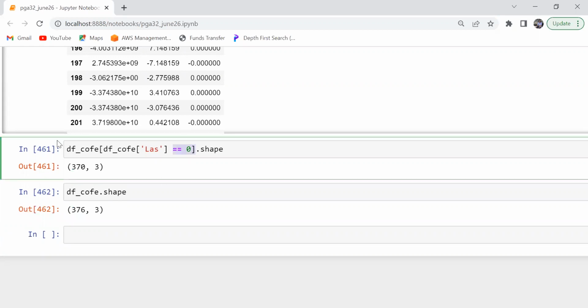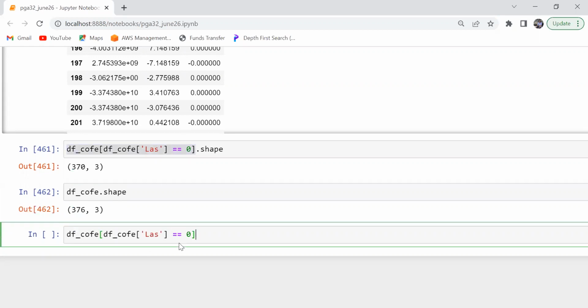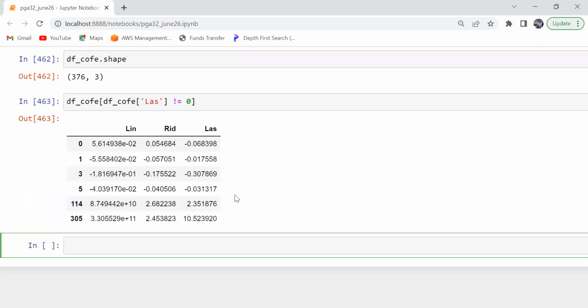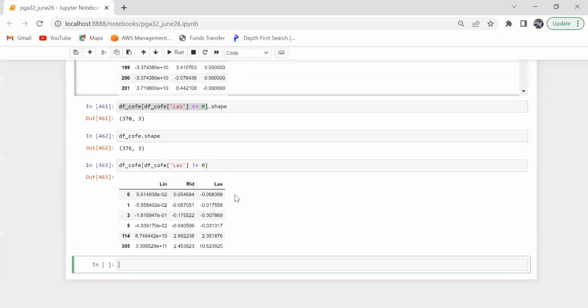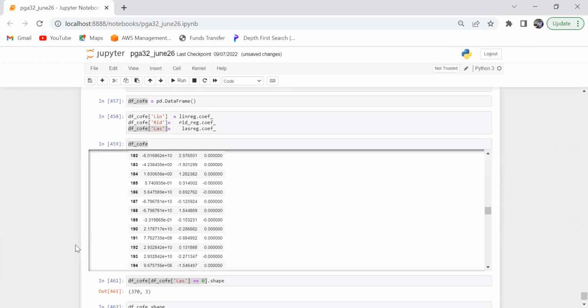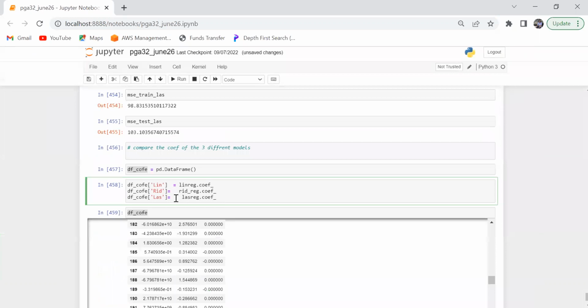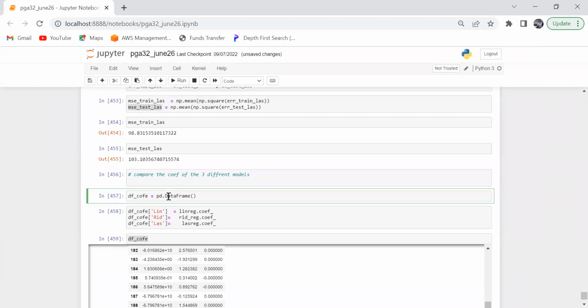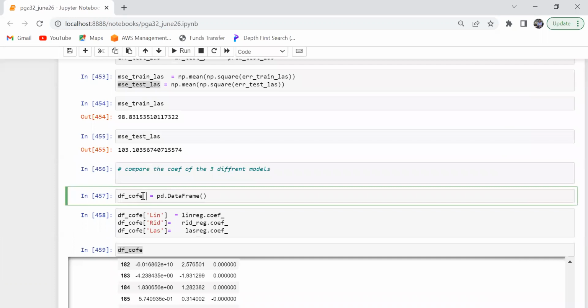And we can also do this: let me say which of them are not equal to 0. The rest have all become zeros. And that is why your lasso can be used for your feature selection. And if you notice, the betas have shrunk both in ridge and lasso. Now please go ahead and do whatever you want. I'll give you 5 minutes. That is how you build your ridge and lasso. And if you want, you can further investigate also.